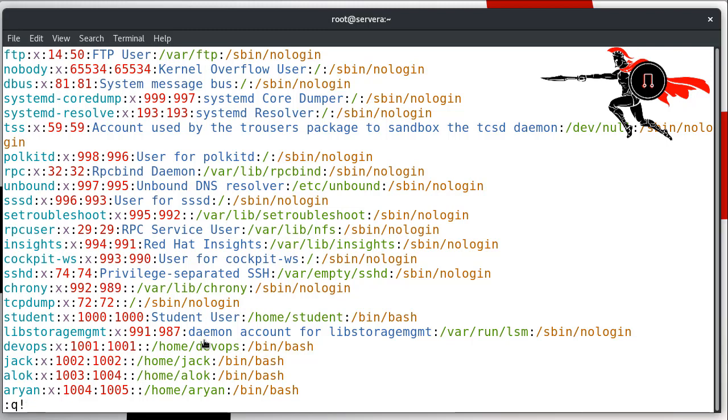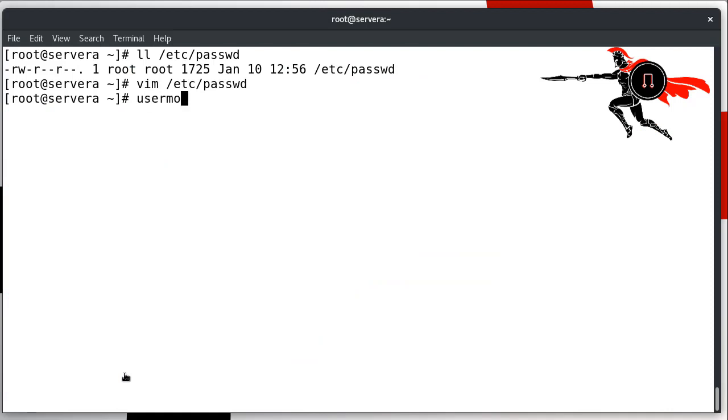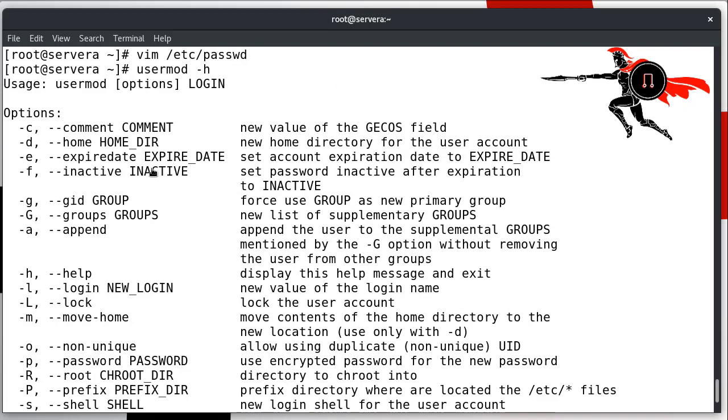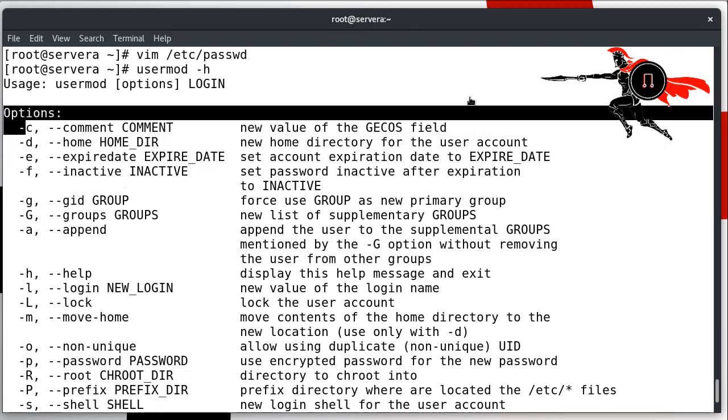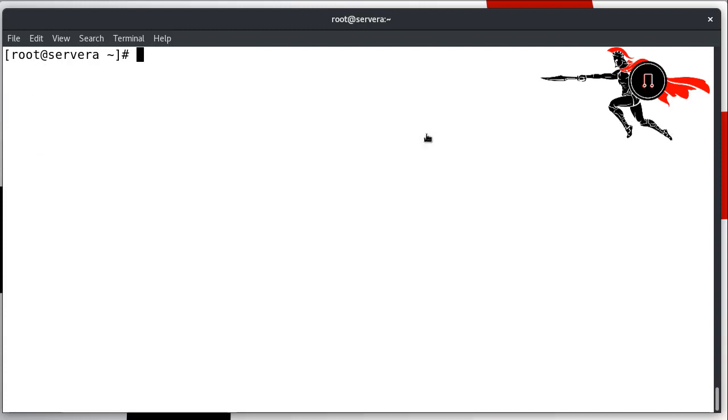And at any point of time, I can modify the user. Say I forget to specify the full name of the user. No issues. You can give the usermod command. At any point of time you give -h again for the help, and -c is the option to specify the full name, right? So I can simply give here usermod -c, and I say Alok Shrivastava, and the name of the user account